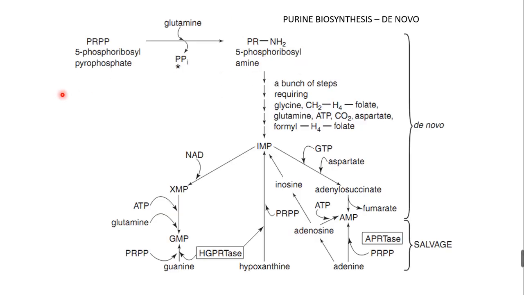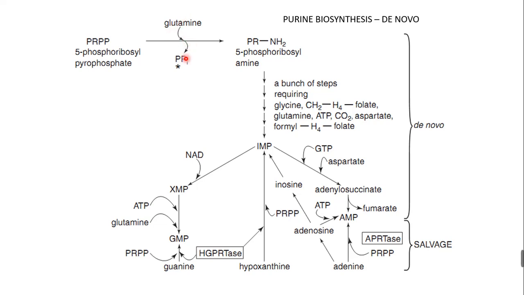We can start from the first, the de novo synthesis. It is a very important question in the examination. No need to write all the structures, as they are very complex for you. It starts with PRPP, phosphoribosyl pyrophosphate, and this is converted to phosphoribosyl amine, by the